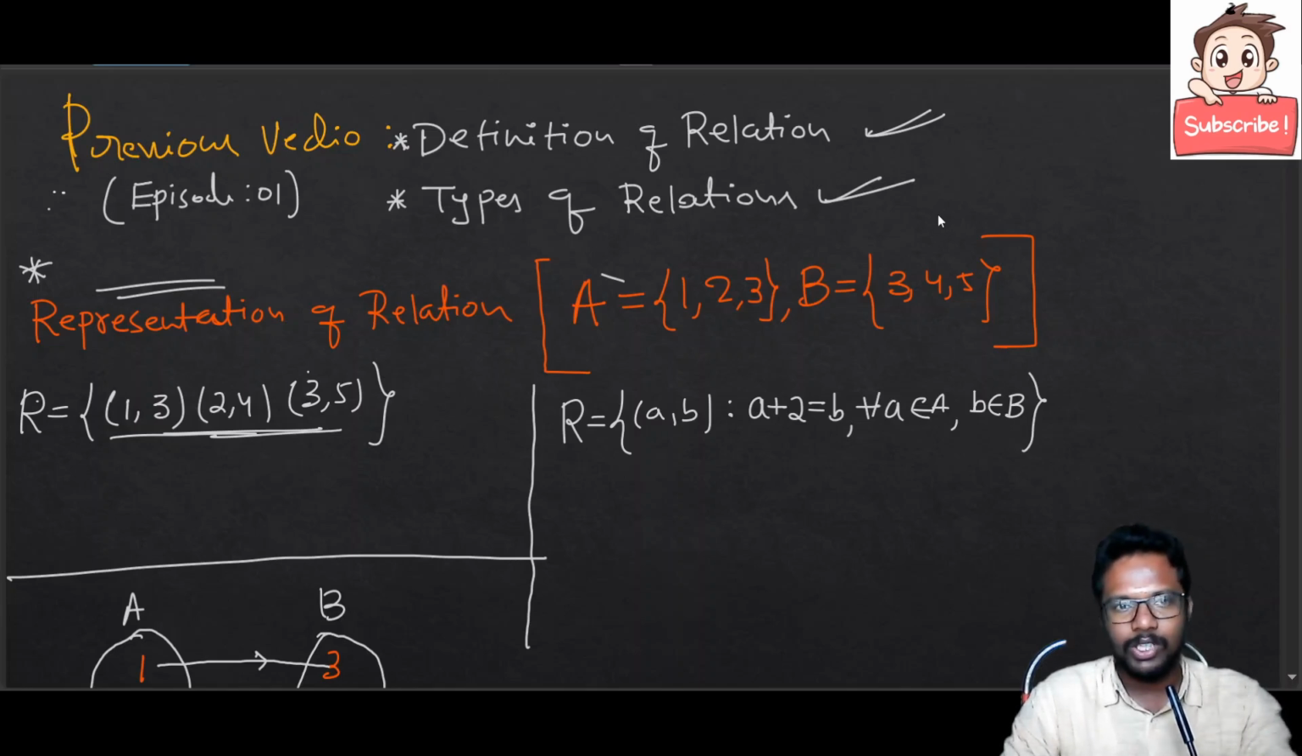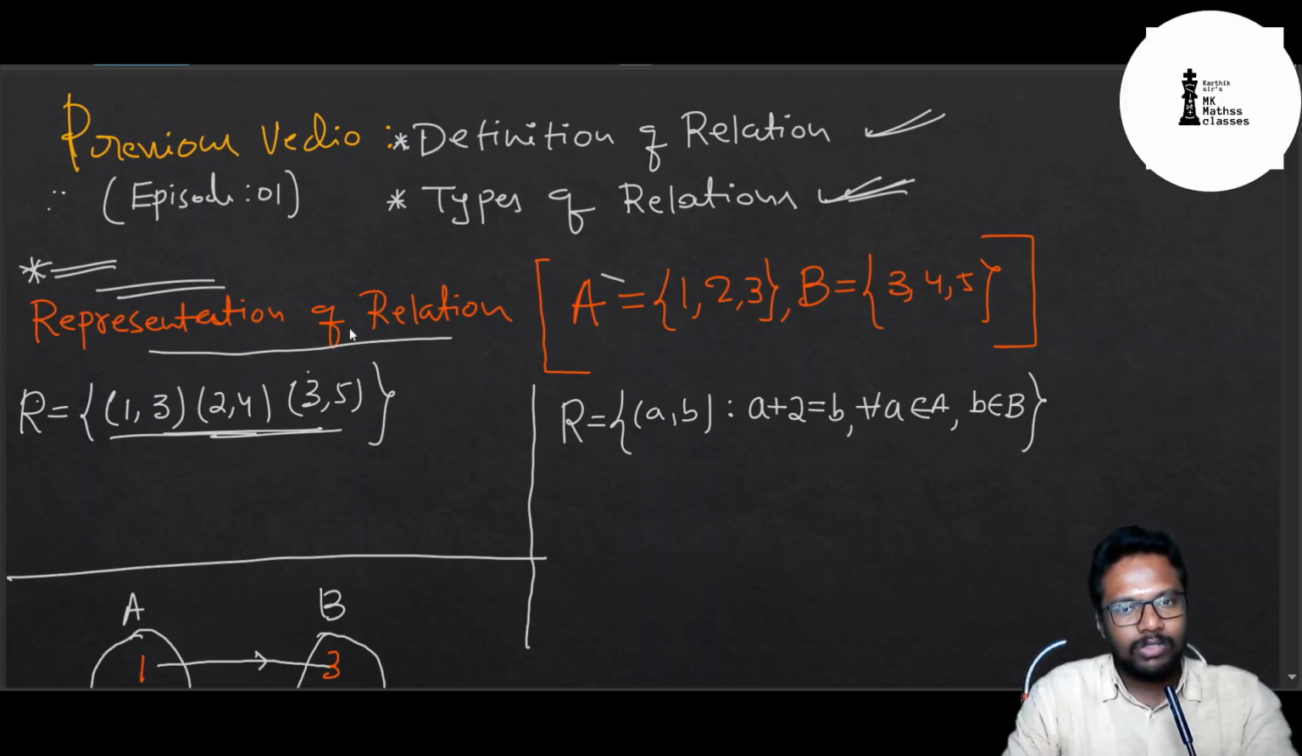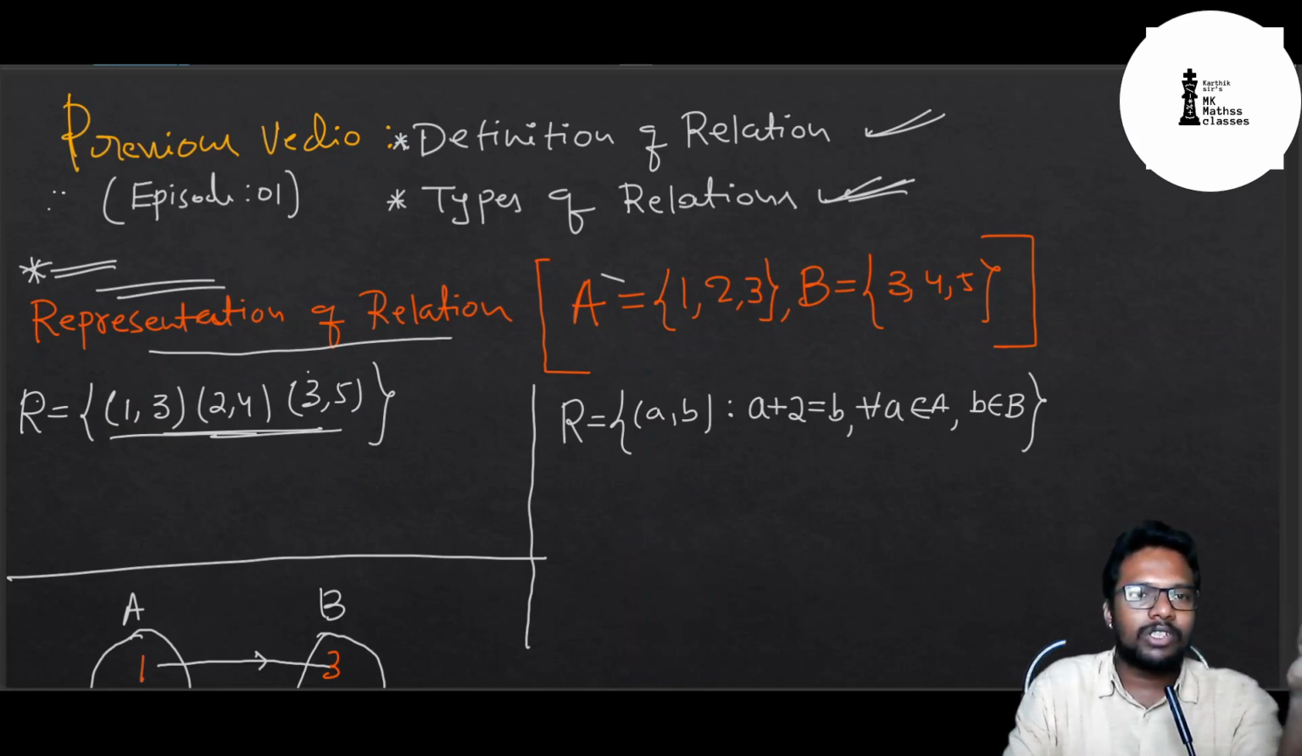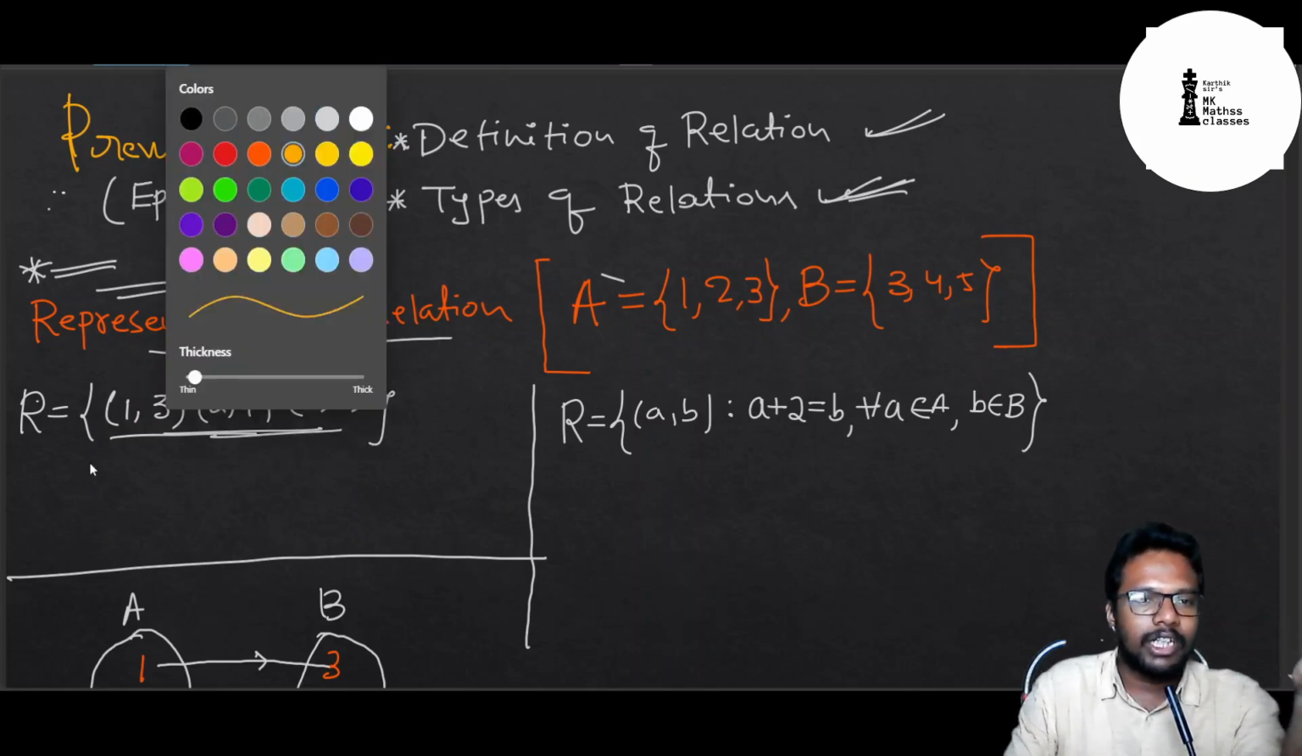Okay, so before going to explain types of relation, one point we have to understand: the representation of a relation. In the first view we studied the representation of a set. In the same way, here we are representing a relation now. There are three ways to represent a relation. The first way we name as